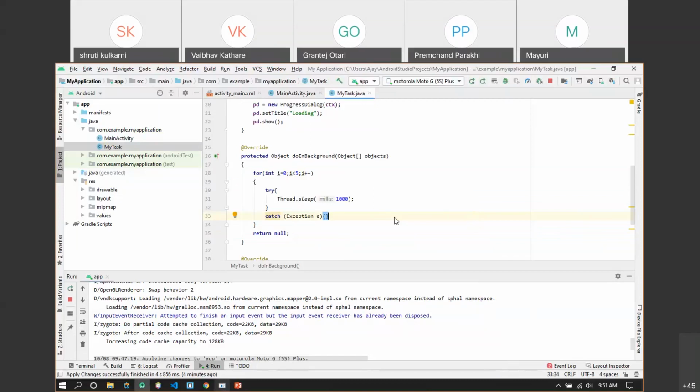Let me give you a very good example, a very good story. In ancient times, when the lift was introduced, the lift speed was very slow.